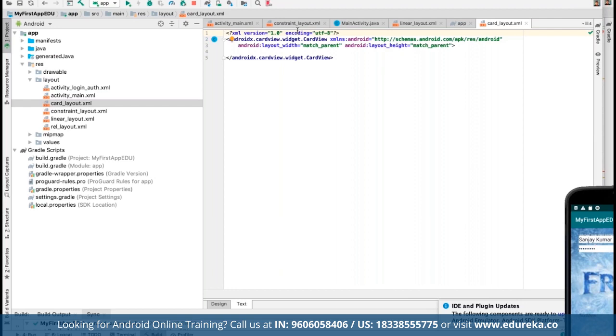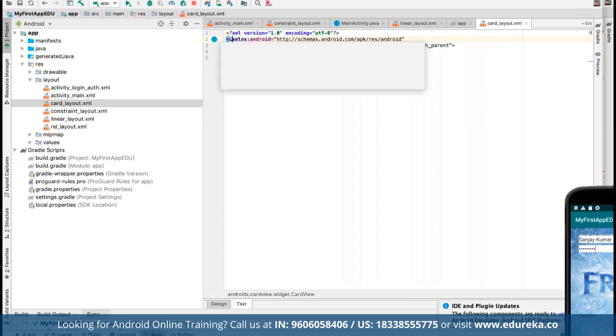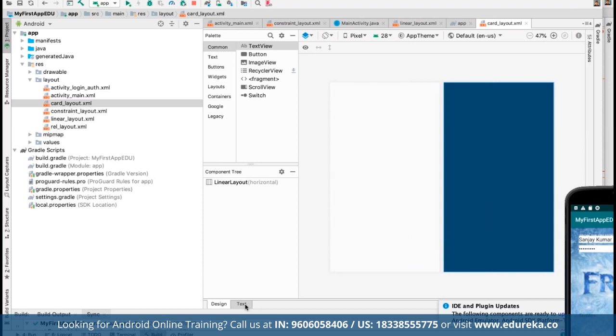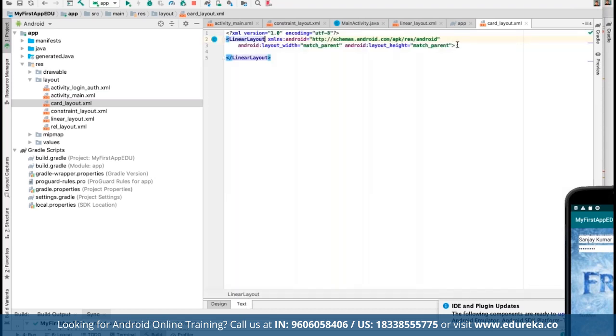Now this is a way that you can bring in a cardview. This cardview can also be a part of your linear layout. It is not necessary that the root itself should be a cardview. If you want to, you can have the root itself as cardview, or you can make it a part of the linear layout. Now I can change this to the linear layout. So look at this, I changed the cardview that I created to the linear layout, and I can